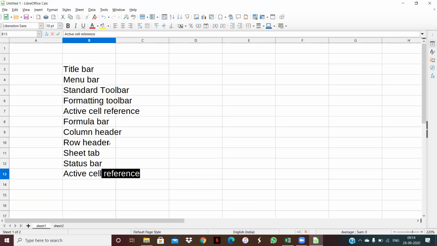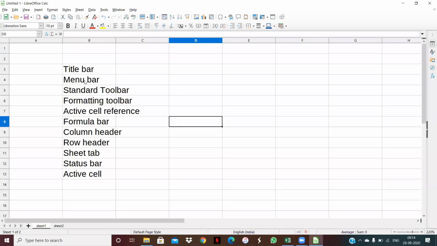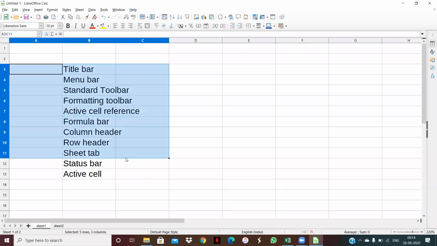Now, all these are the components of your window, not the active cell reference, this is only the active cell. Only these are the components of your LibreOffice Calc. I hope all these components are clear to you.